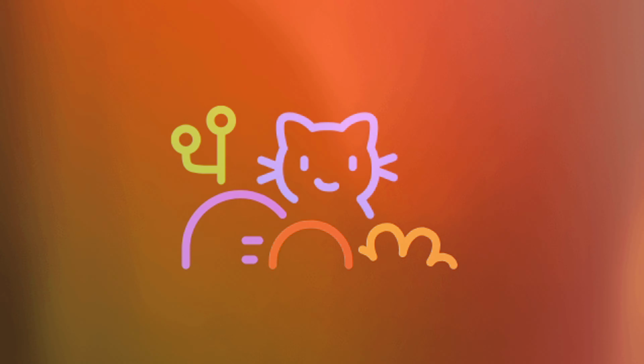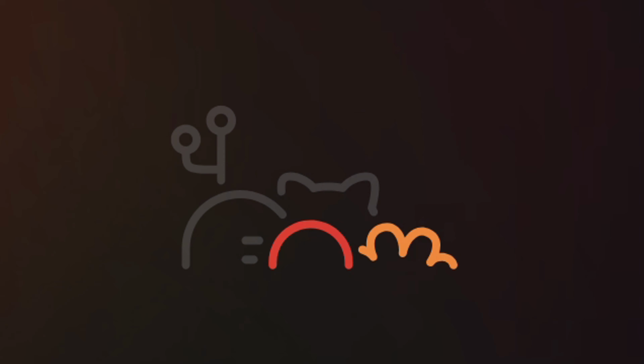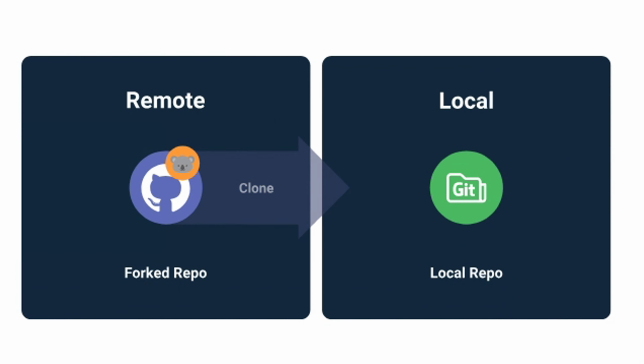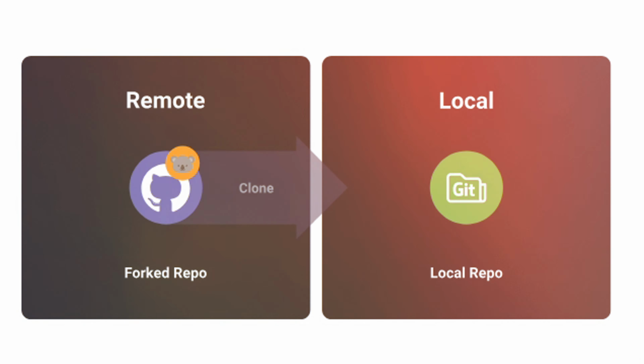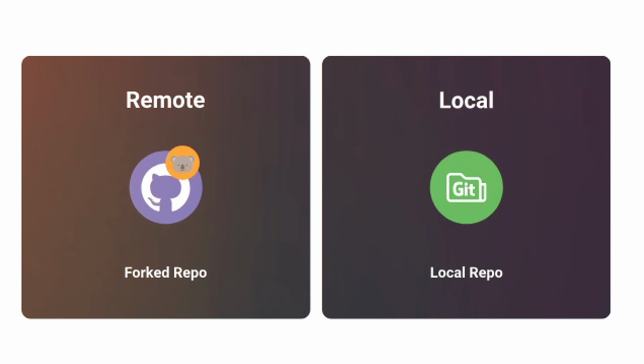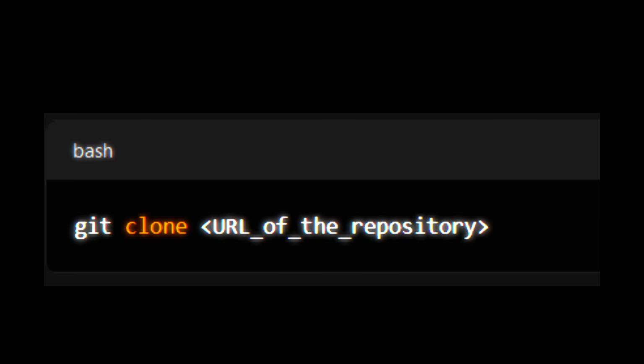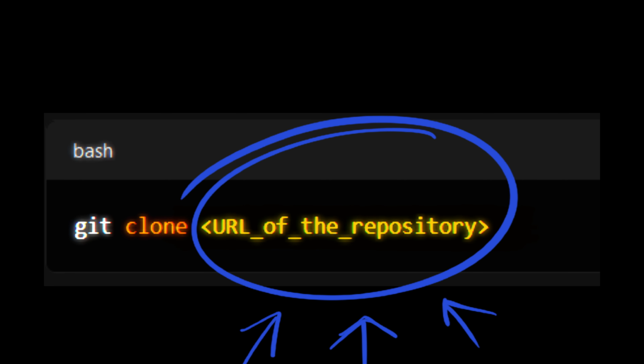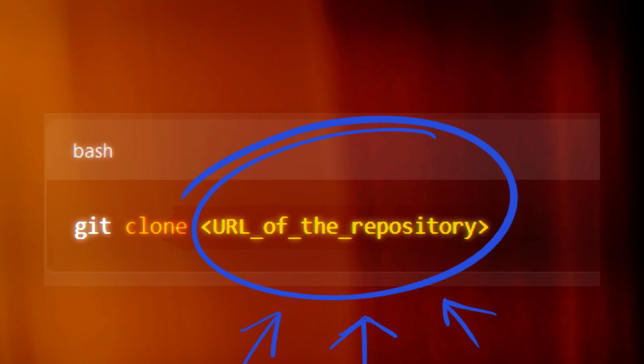In the past 2 minutes, we saw how to directly upload a file to your GitHub account. Now we will look at how to clone a project and bring it from a remote repository to your local system using git commands. So this is the command we are going to use to clone a git repository, as you can see on the screen. Here this is the git clone command and the URL of the repository. Here we are going to paste the actual link of the repository that we want to clone.